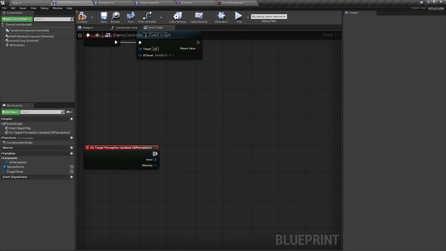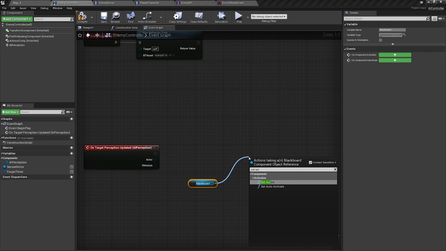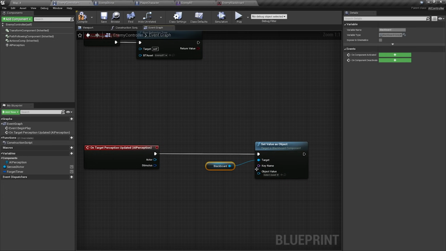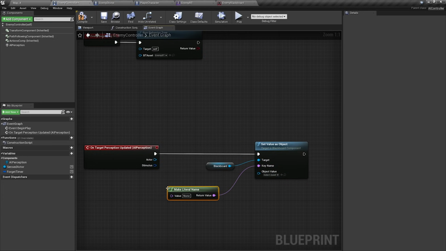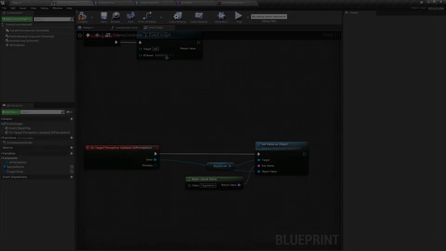Then we're going to get our Blackboard and set value as an object. So the Blackboard key name we want to write to is the target actor. And the object value is going to be the actor we have just detected.